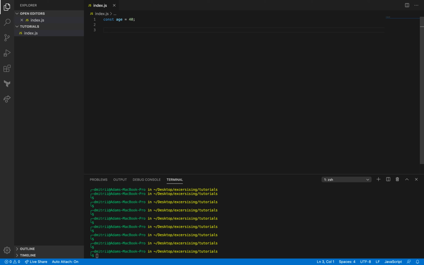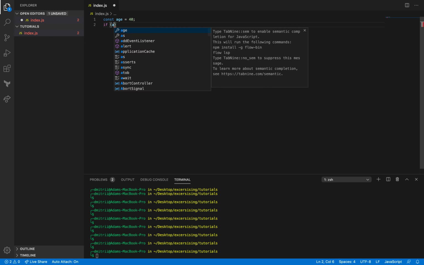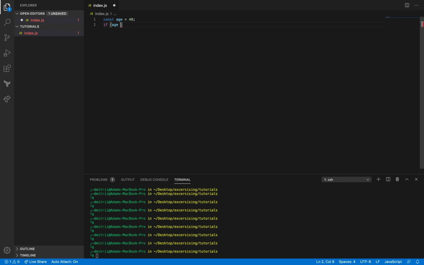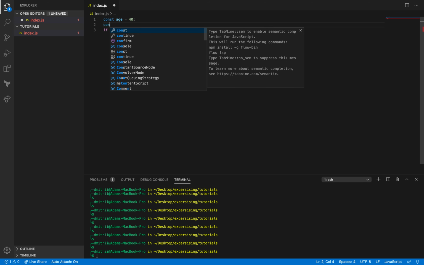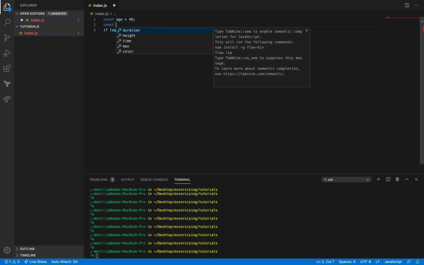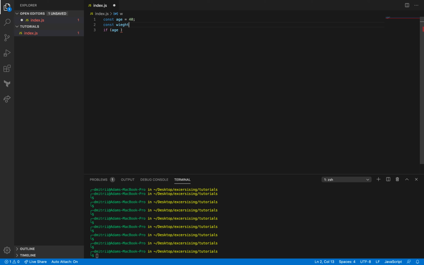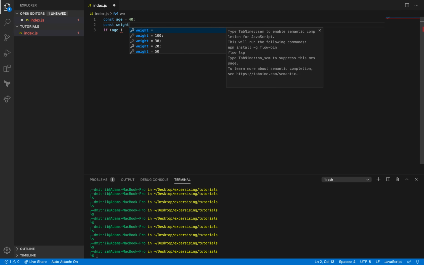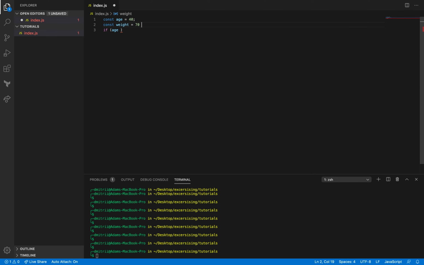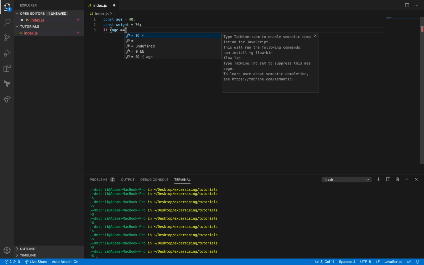Right, guys, I will start from this example. Let's define if, and then I would say age, and let's define another variable. Sorry, I misspelled. Okay, now I would like to say if age equal to 40,